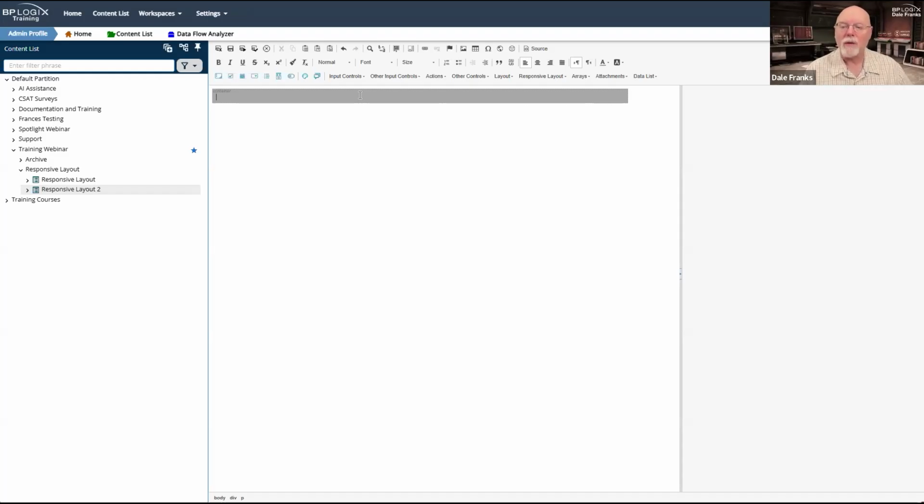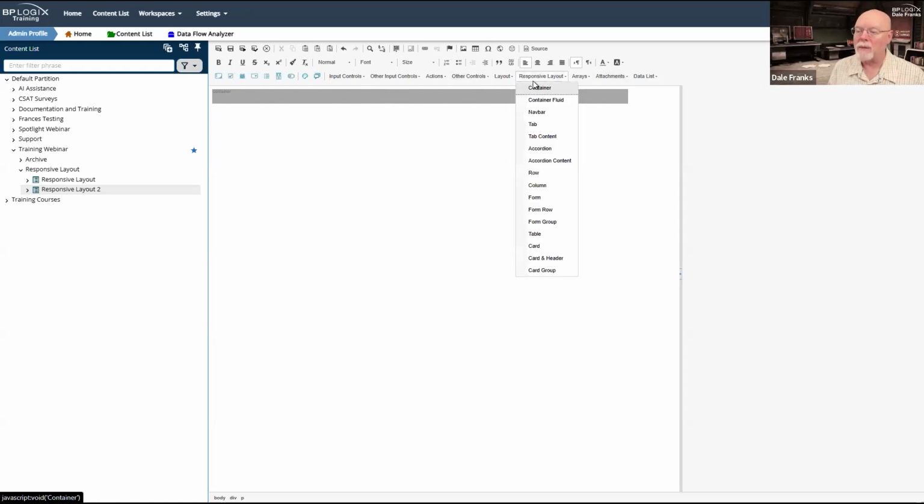Well, the same sort of thing applies when you're building with div tags. And so we can consider the container as kind of like our big table, the outer part of the table, and our rows or form rows are the row elements of the table. So once I've got my container, I am going to need to go to responsive layout and start adding either rows or form rows.